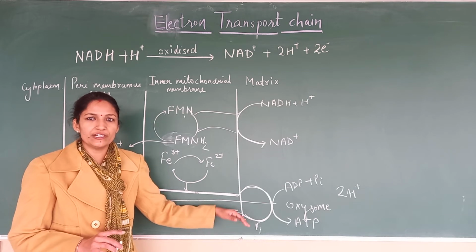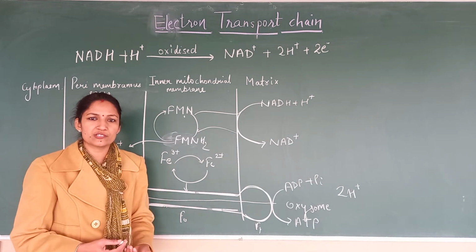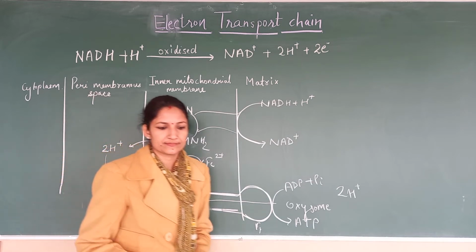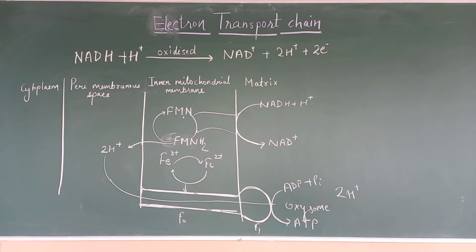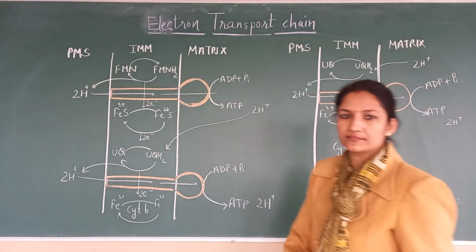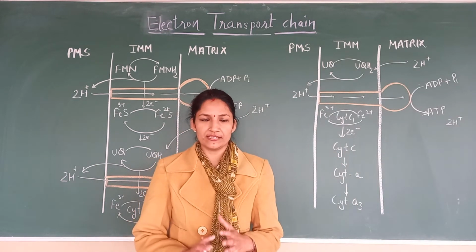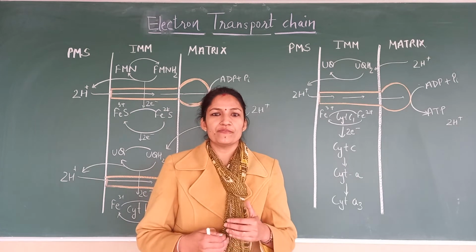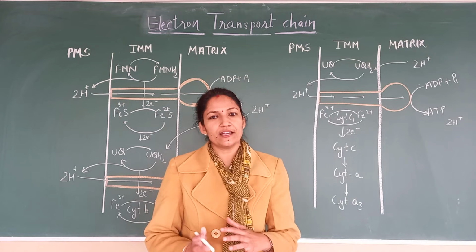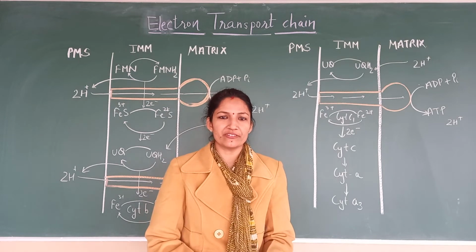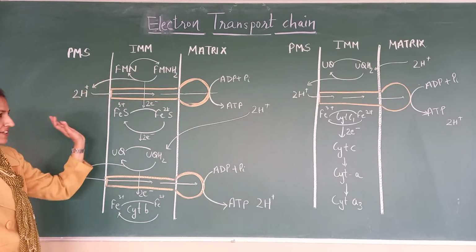Fine, now we are going to continue with the series of the steps in electron transport. So now we are going to take a look at the complete electron transport chain, from which component to which the electrons are transported and how many times the ATP is generated. Okay, so we'll see that. The structure we have already discussed.